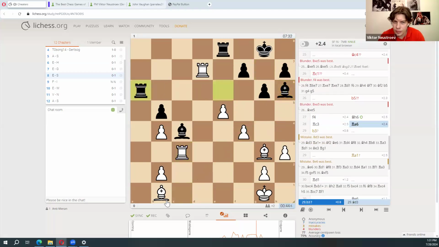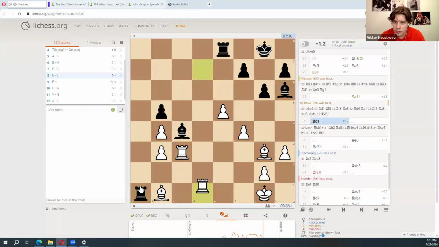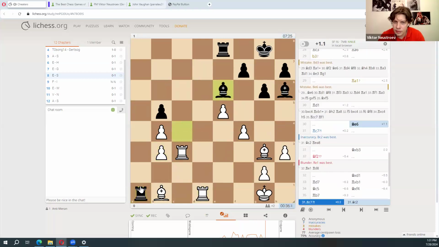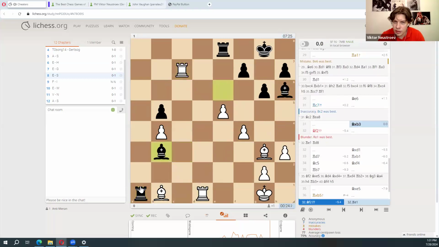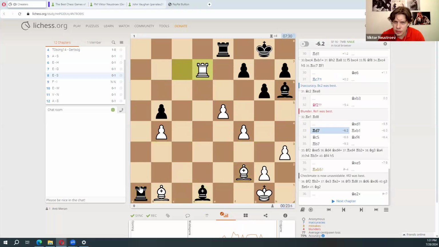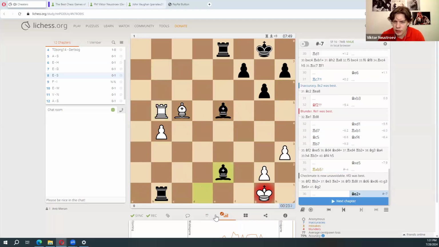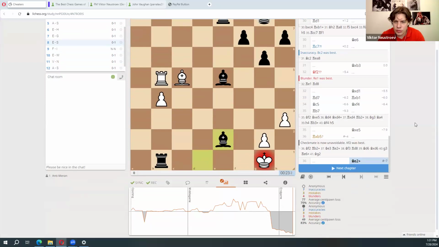So bishop h6, they want to capture only f5 because of the pin. So rook c3, rook a6, b3, chasing it away, but then it's rook a1. So rook goes back to d1 to defend. The bishop goes back. So bishop f2, I don't understand the purpose. Oh, white is just playing some moves and finally loses everything. So was black cheating or not?